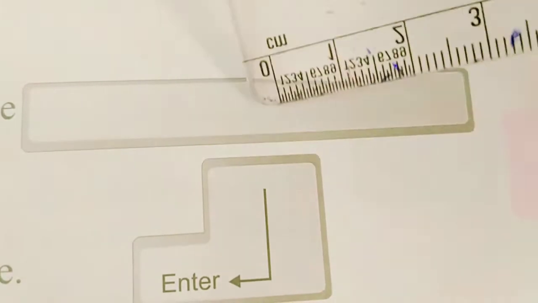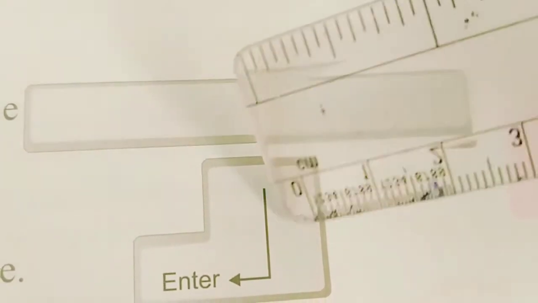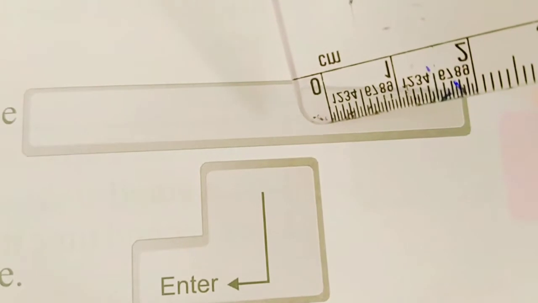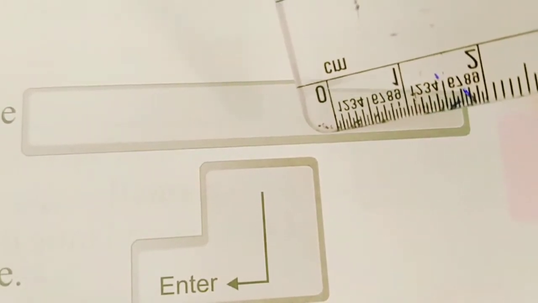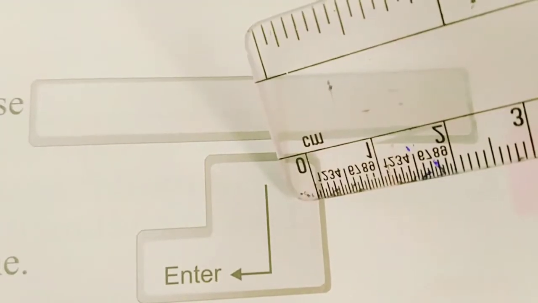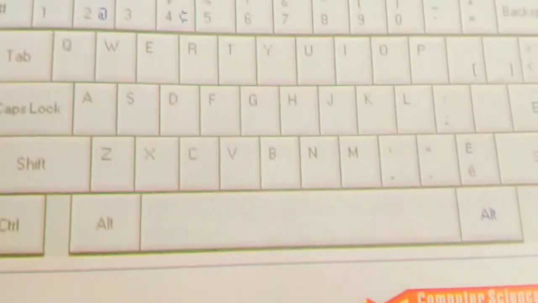Then these are some special keys. This is the space bar and this is the enter key. The space bar is the longest key on the keyboard. We use this space bar key to give space between two words. And this is the enter key. The enter key helps us to move the cursor to the next line.